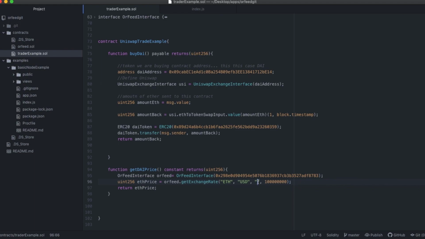And then this little one here, you can put in who you want to get the data from. So Kyber, buy, Uniswap, sell, whoever I want to get the data from, I put in here. This is just like the average price across many. So I can say, okay, get the exchange rate, and it will return me the price.